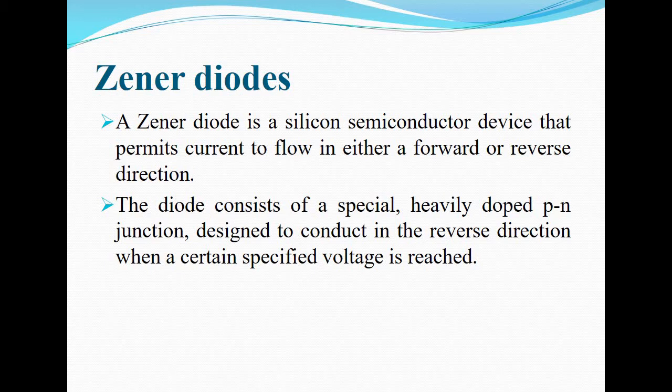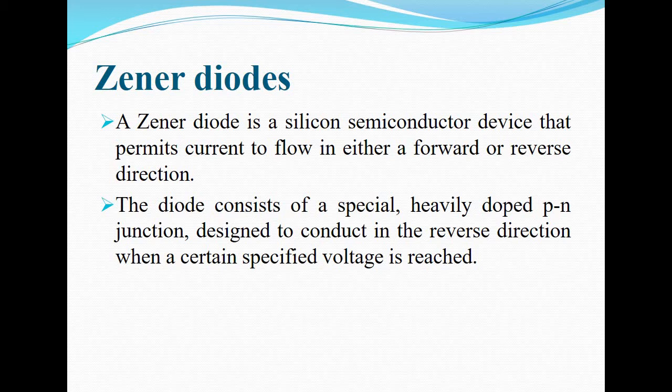So forward bias means if we connect the anode of the diode to the positive terminal of the DC source and the negative terminal of the DC source is connected to the cathode, then in that case the diode is said to be in forward bias. So only in forward bias the diode will work, or there will be a flow of current through it.